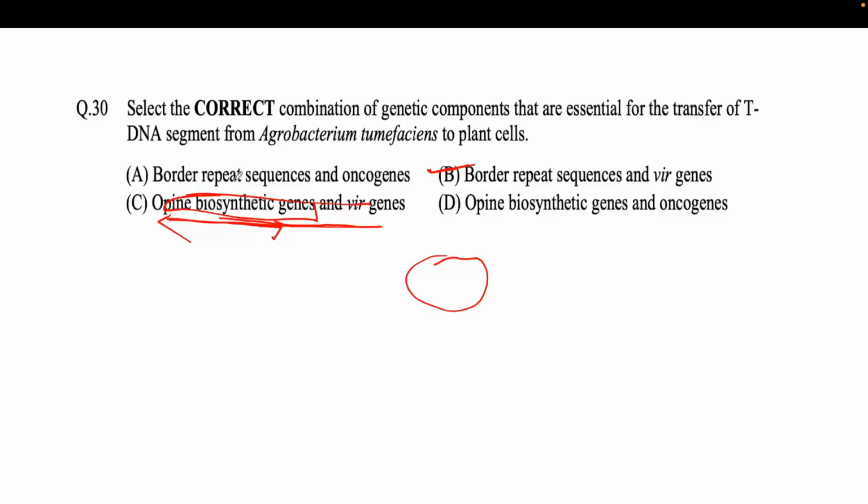Here the border repeat sequence is present with the oncogenes, which you don't require for the transfer of tDNA segment, so that's why it is also not correct. And here both the things are unessential for the transfer of tDNA, so that's why this option will also not be correct. The correct option will be option B, because this VIR gene will be responsible for the transfer from one cell to another cell, and after reaching to another cell, this border sequence will cause the non-homologous recombination, so that the tDNA will be integrated into the